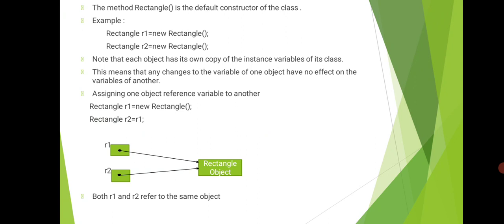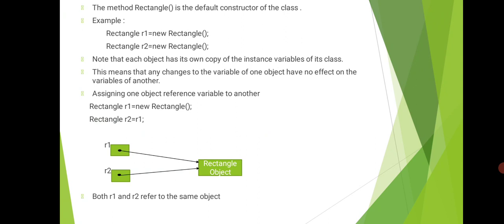Here in the example, we can create any number of objects R1, R2, and so on, Rn. So any number of objects you can create using the new operator for a particular class. We have a Rectangle class, and in this Rectangle class we created R1 and R2, two objects of the same Rectangle class. Note that each object has its own copy of the instance variables of its class. So ಪ್ರತಿಯೊಂದು R1ಗೂ ಅದರದೇ ಆದ ಡಾಟಾ ಮೆಂಬರ್ಸ್ ಇದೆ, ಇನ್ಸ್ಟೆನ್ಸ್ ವೇರಿಯಬಲ್ಸ್ ಇದ್ದಾವೆ. R2ಗೂ ಅದರದೇ ಆದ instance variables ಇದೆ. Both the objects have their own instance variables.